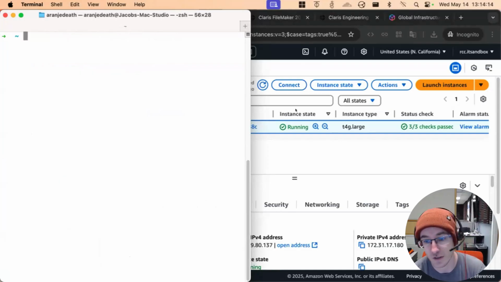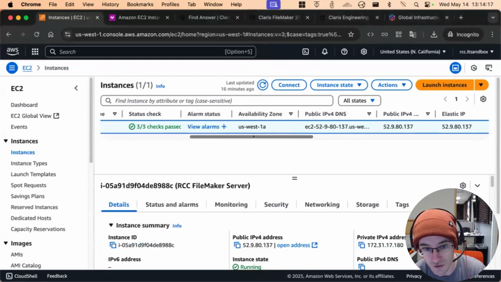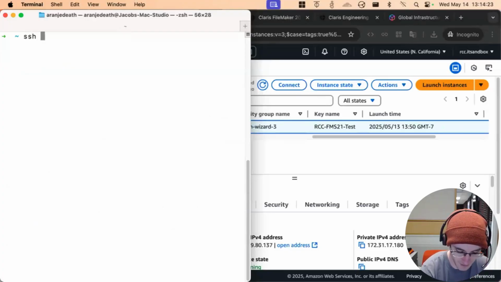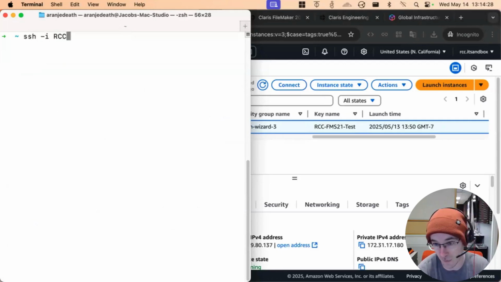Where's my string? See? It's right there. There's the name. Okay, so there. That says, right, so the flag means identity file. Who am I? I'm logging into the server. It needs to know. There you go.